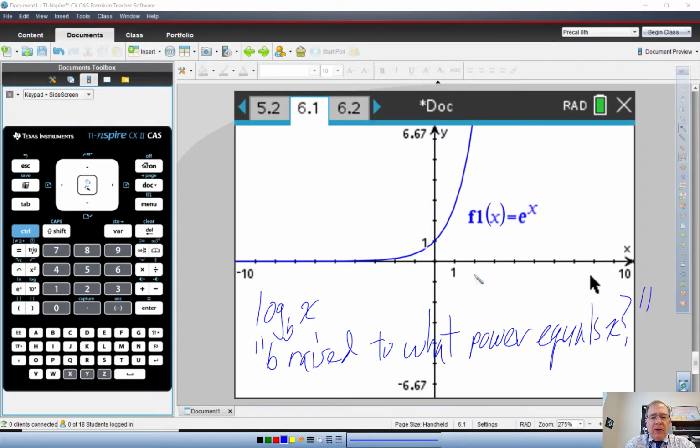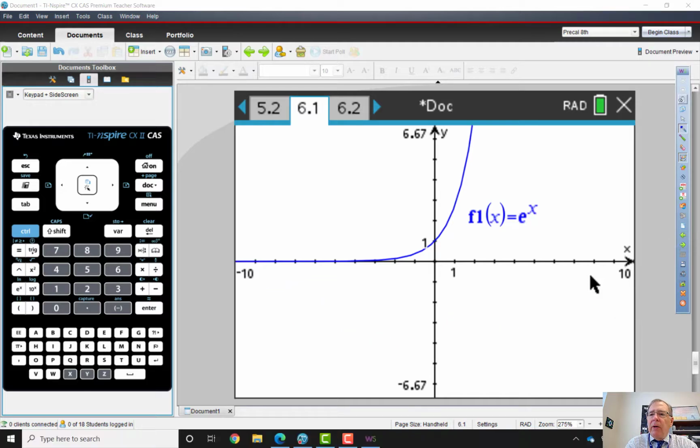So if I say log base b of 0, what power can I raise that base to and get 0? There is no number where I can do that. So it's a question that can't be answered. So going back to our problem,